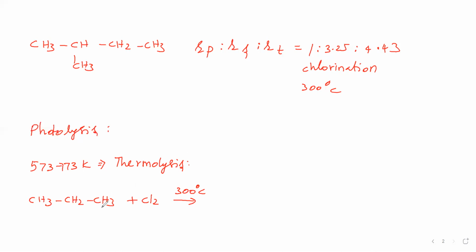So one hydrogen can go for halogenation, then we will get a so and so compound. If this hydrogen, that is secondary hydrogen, is going for halogenation, that is monochlorination we are considering, we are getting this product. Now what is the percentage yield of the product? That we will see.